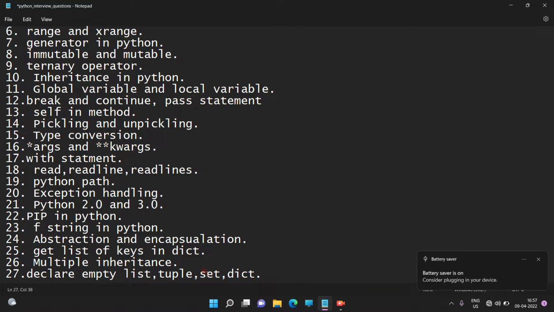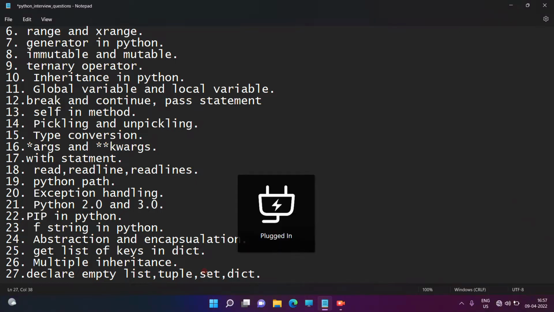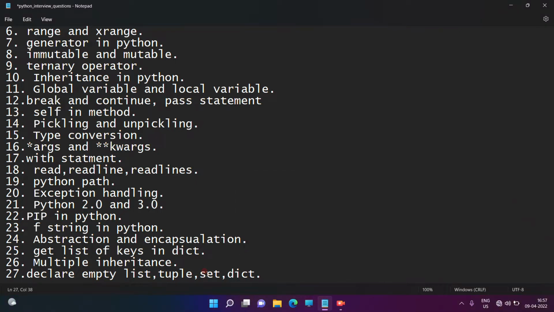So how to declare an empty list? By using the list class object, we can create an empty list, and also by using empty square brackets, we can create an empty list, right guys? Similarly, for creating an empty tuple, there is the tuple class.